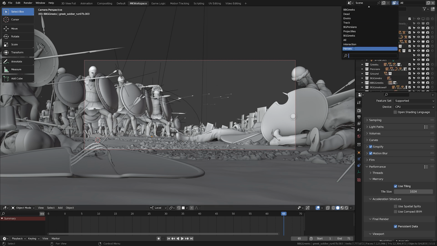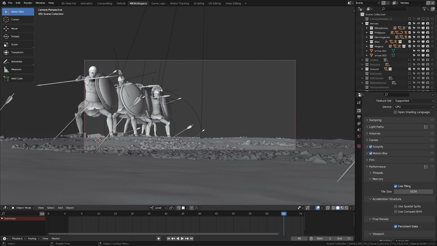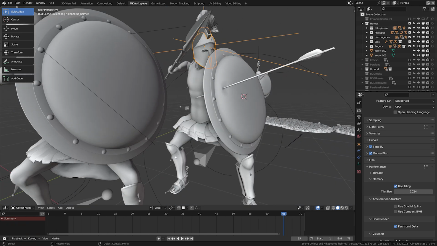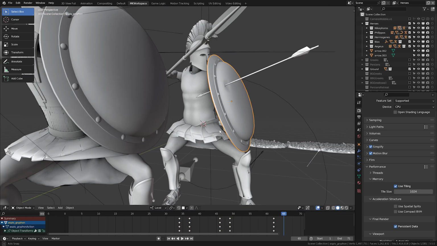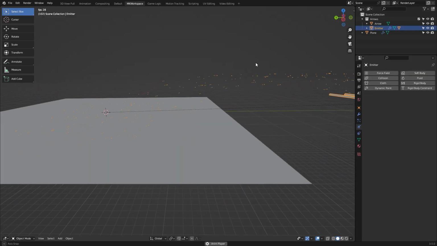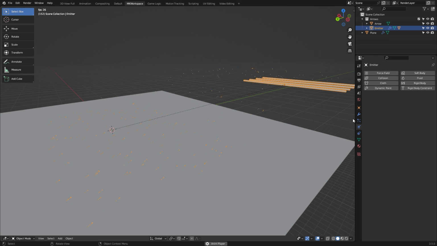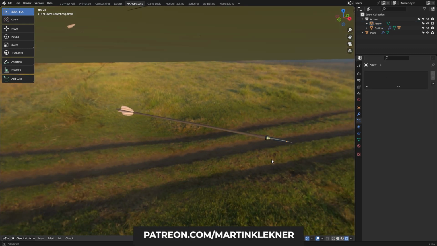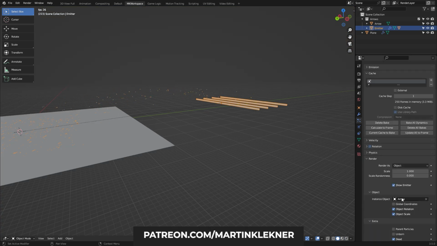On the other hand, my hero characters were usually appended into the scene, allowing me greater flexibility in their editing, pushing around of the shields, animating parts of the clothing, and more. Of course, there was also the arrow and spear particle simulation. Again, I broke this down in my previous video, and it is also available for my patrons.